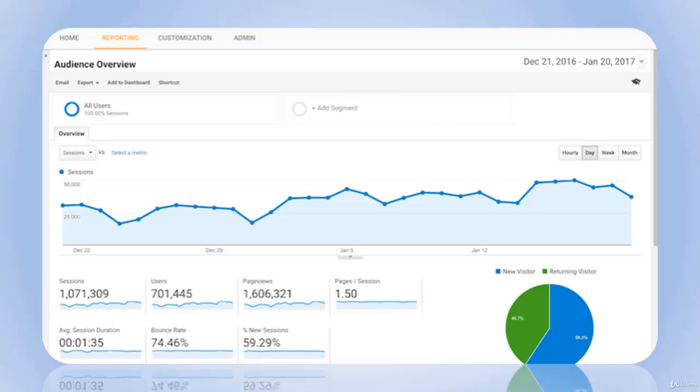And we have more than demographics. If you actually click on Audience Overview, you'll get very basic intel on your users, such as the number of visitors you get every day, and whether they're new or returning visitors, and if the amount of visitors is increasing or decreasing. You can get the very general information on your audience right from here.